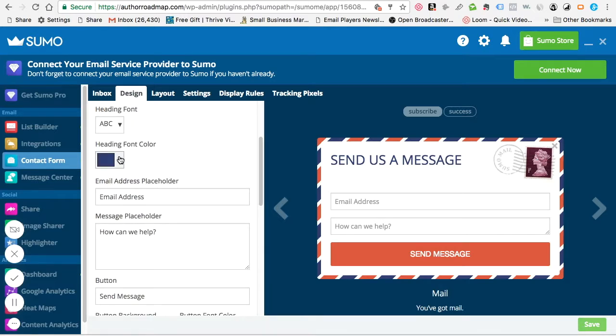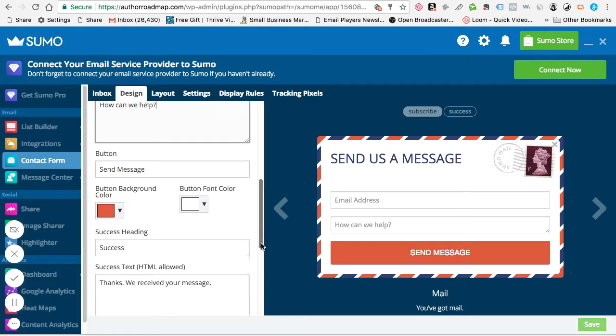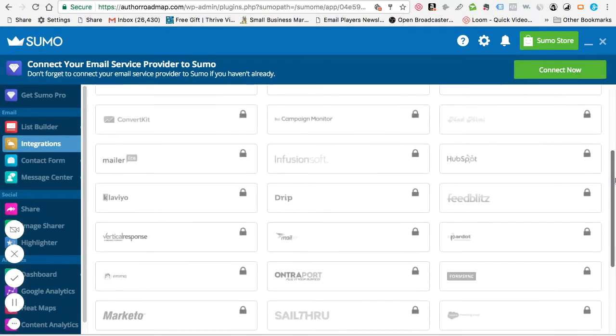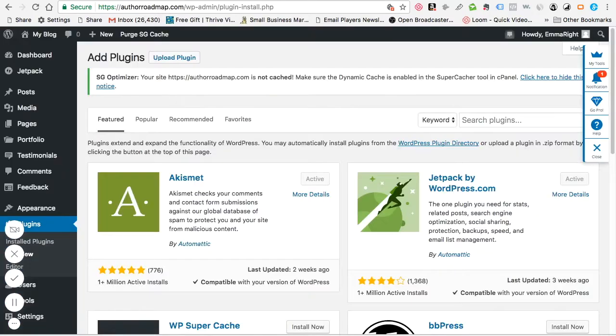you. You can change the heading font color right here, and that's the form button right there. And so now we have to connect it. This is with an email integration. This is not for those on a basic plan. So now if we go to our site and we take a look,